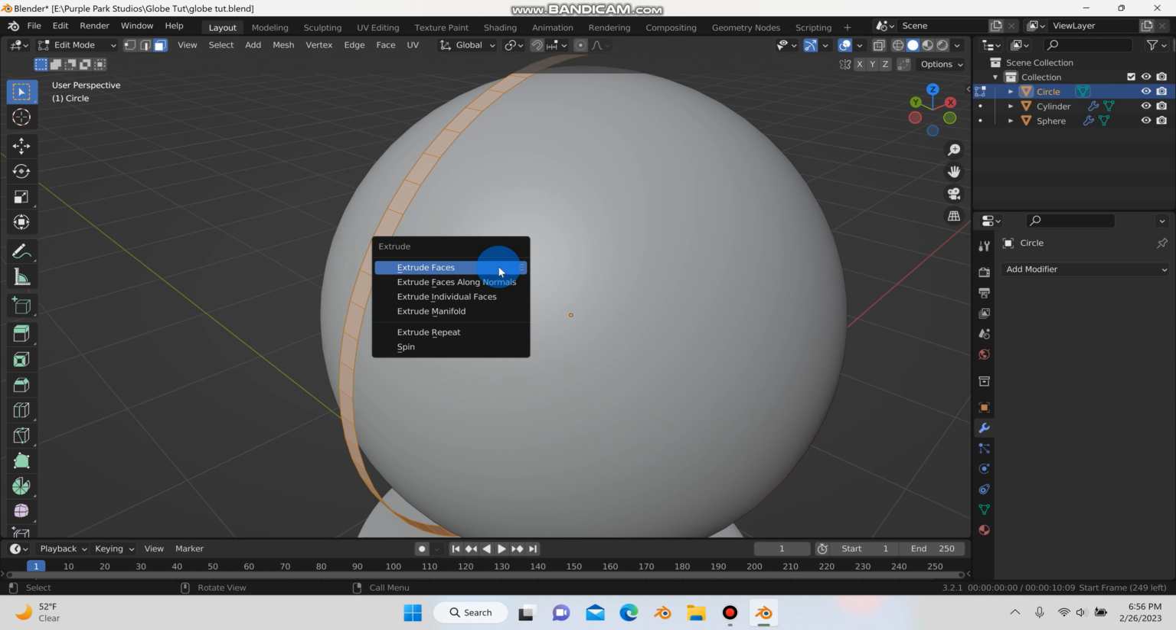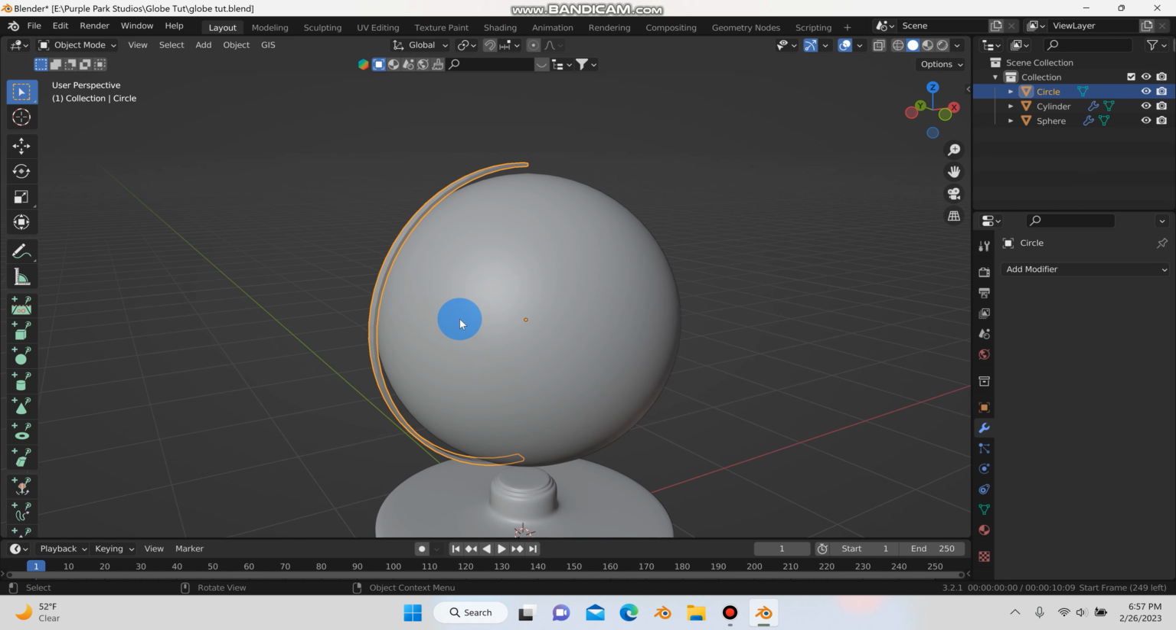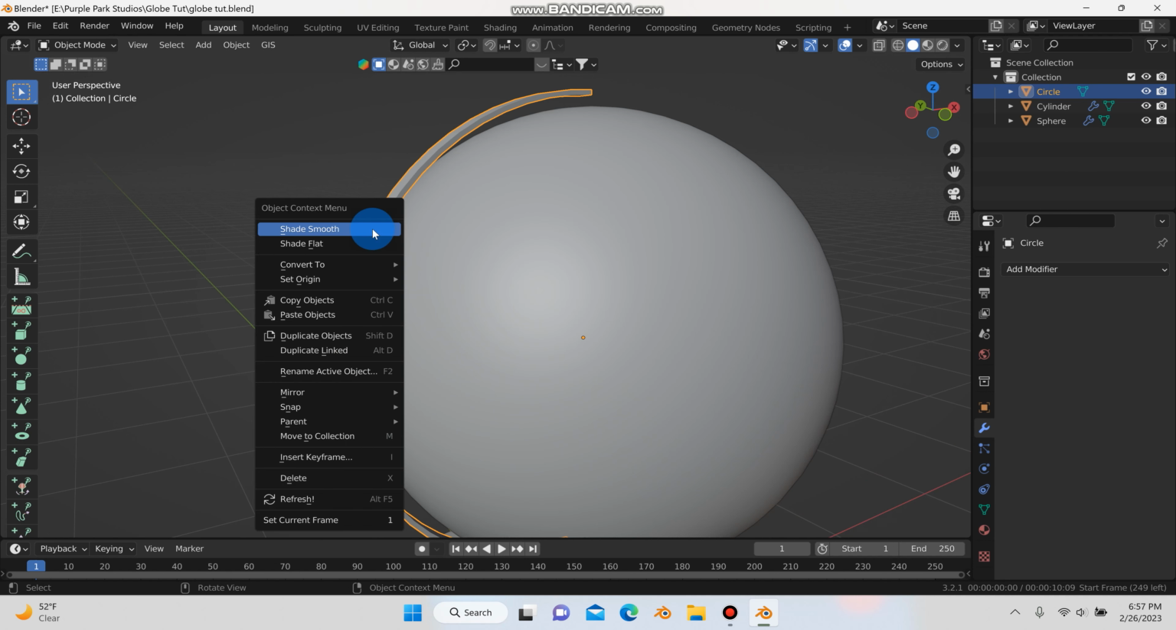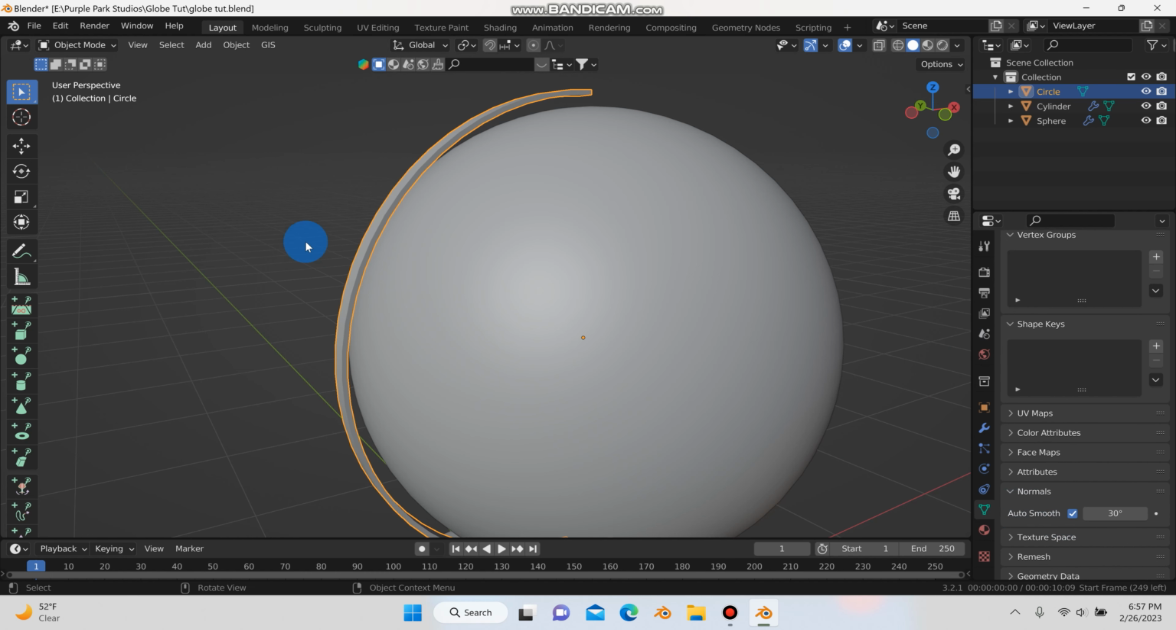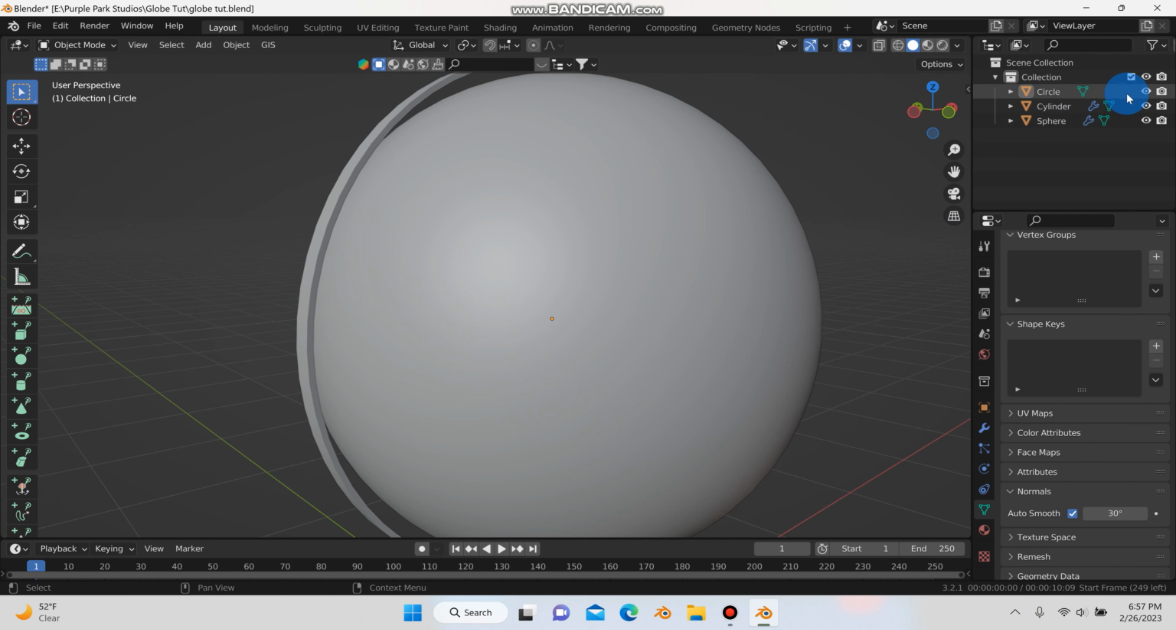extrude faces along normals, and then we can give this some thickness here. So I'm just going to pull it out like that. And then I'm going to right click and shade smooth, and we'll just go to this little triangle here and just hit auto smooth to fix the normals. And so for now, I'm just going to hide this sphere here so we can see a little better what